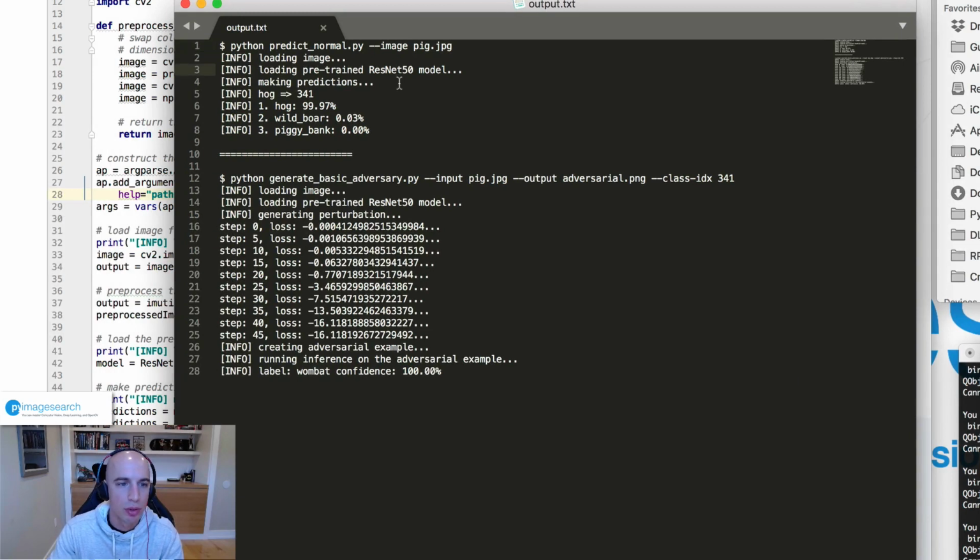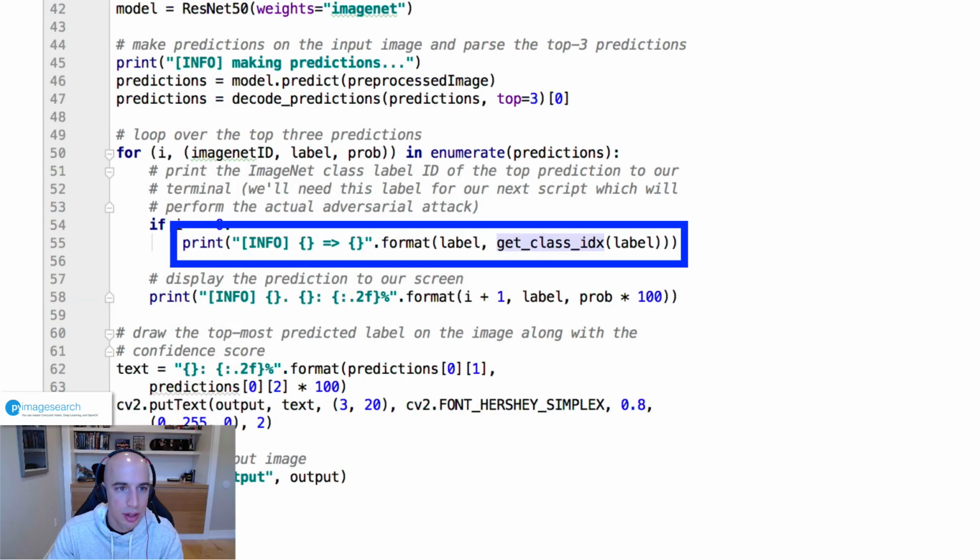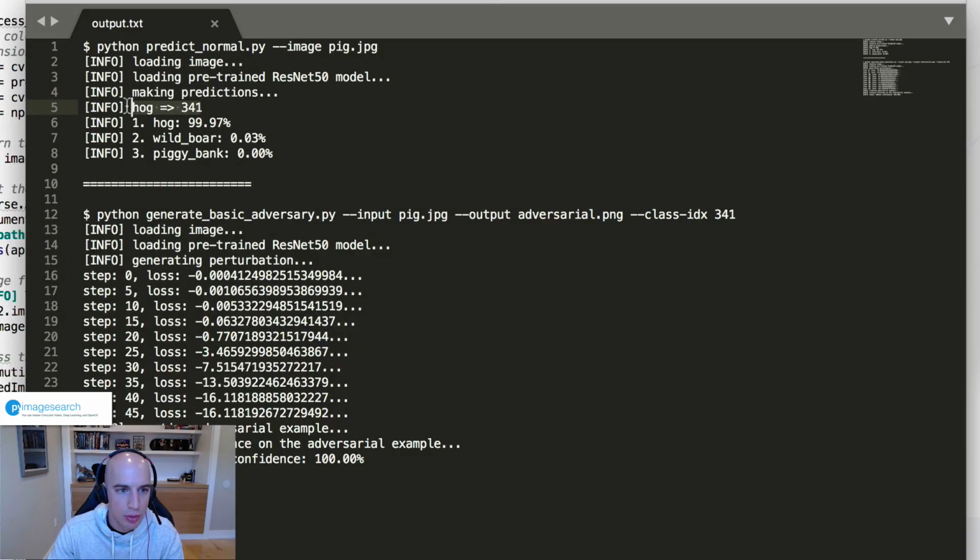But you can see what's going on here. So we load our input image, we make predictions using ResNet, and then we obtain our top 3 class label probabilities. The get class index function here is what is being output here. So for the hog class label, which is the top 1 prediction, we have the ImageNet integer class label index